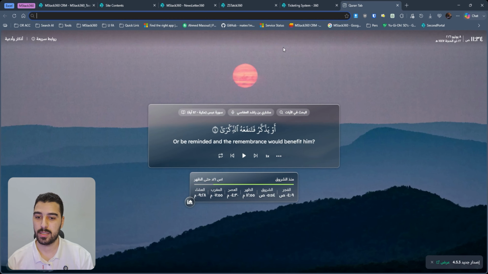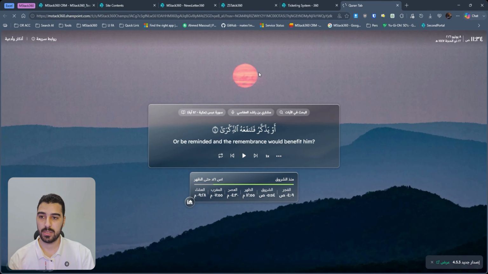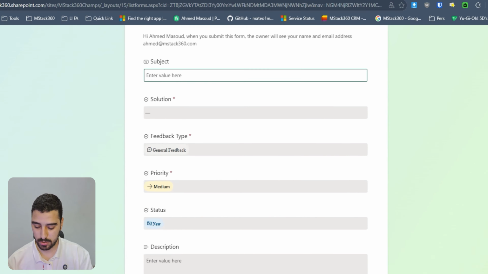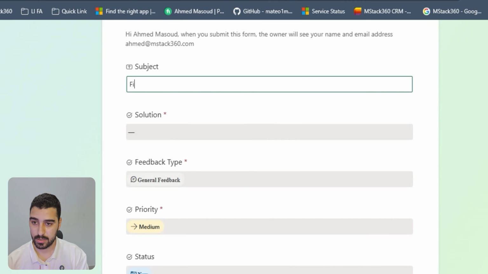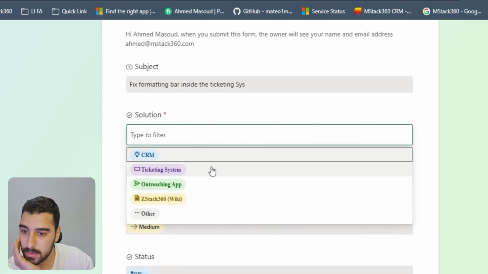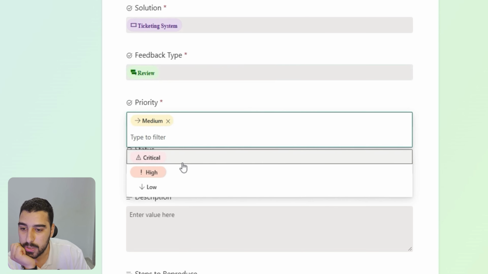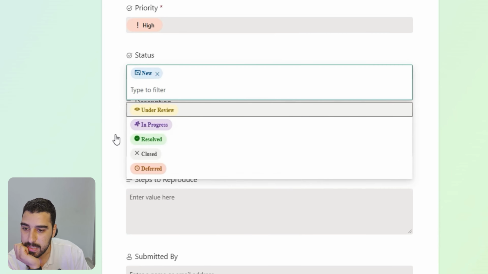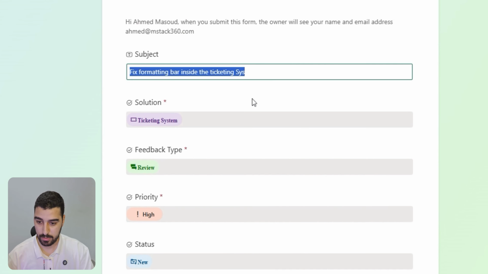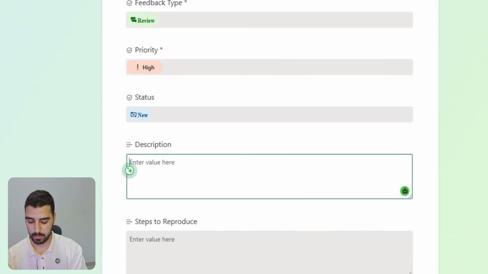And for a normal one, my team members can just come in here and say, here is a subject: fix formatting bar inside the ticketing system. The solution is our ticketing system. General feedback. I think it's a feature enhancement or bug report or review, whatever. Priority is high. Status is new. Description, I don't have more because I know the issue, but we can see here